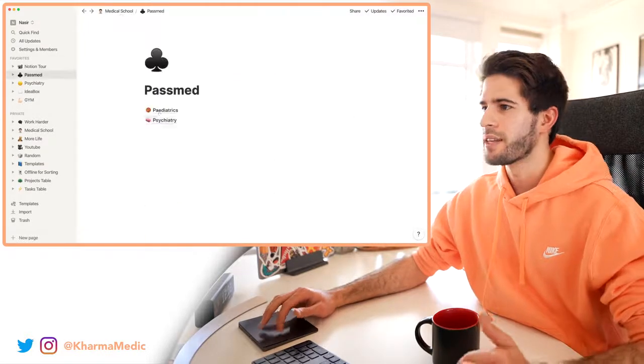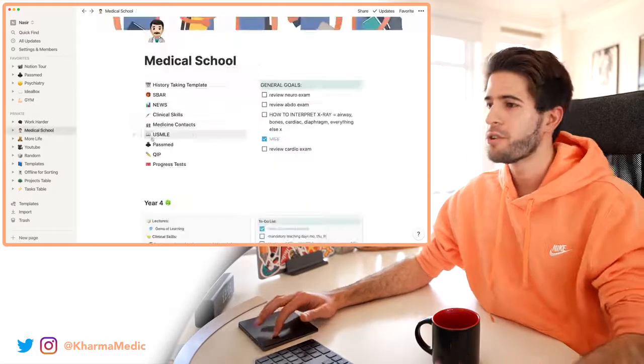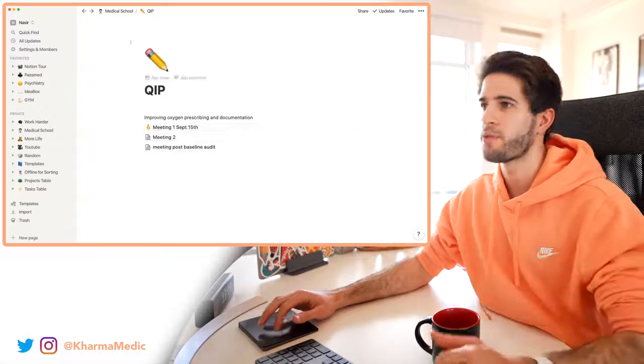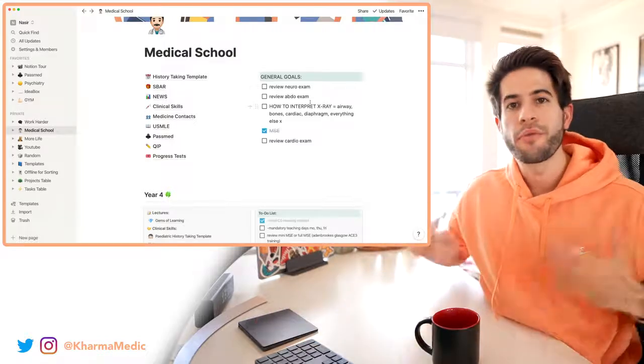Really useful feature. And like I said, now I'm doing psychiatry, so I've got a bunch of different questions over here. I've also got notes for my quality improvement project. Each one of the meetings that I have, I create a new page for and I type in my notes over there. Here on the right, I have a to-do list of general things that I want to